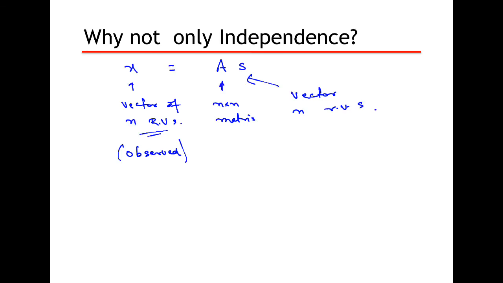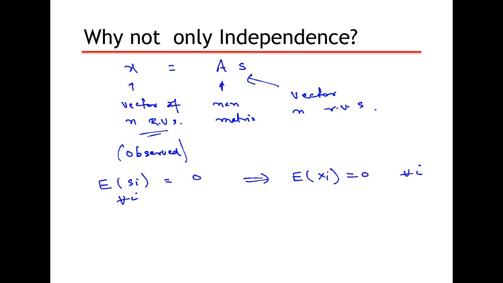So one assumption we made was E of Si, the ith random variable in this vector, is equal to 0. Right? That's one assumption we make, and let's say for all i. This is the same as E of Xi equal to 0 for all i. Right?